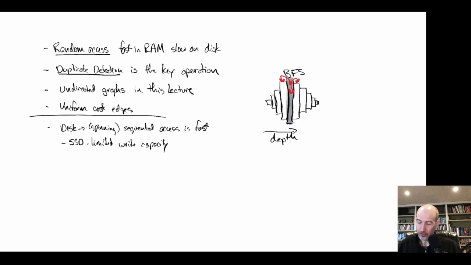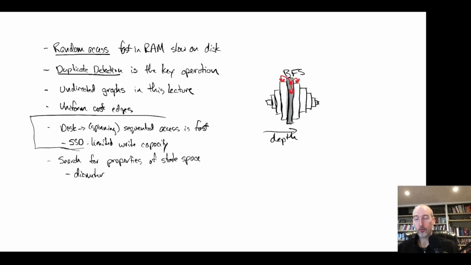So these are things we have to keep in mind or just think about here, about the capacity of our hardware. And then if we're thinking about our types of search, there's two types of search we could be thinking of. We can be thinking about search for properties of a state space. Okay, and this might be, for instance, the diameter or the approximate diameter. So I might want to know, for instance, from a given start state, how many moves